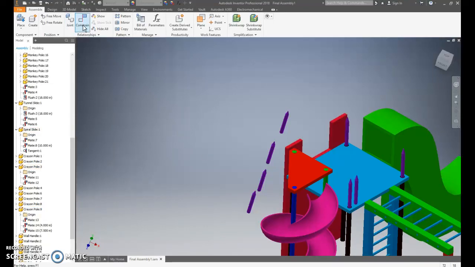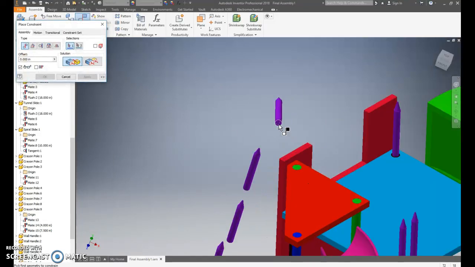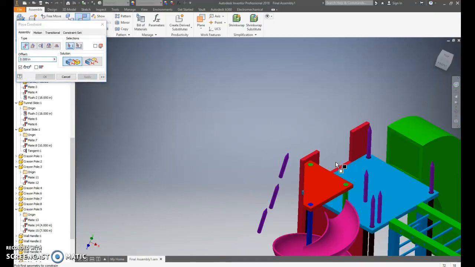So I'll show you again. Free rotate, so I can see the bottom. Constrain. Arrow to arrow. Apply. I need to choose the green dot, then make my offset 4 from this side. Apply. The reason it's from that side is because I want it to be on the left side of this main crayon. Next we go green dot,